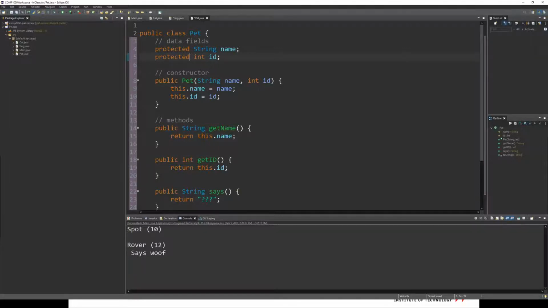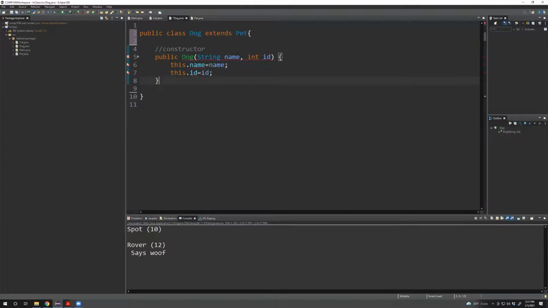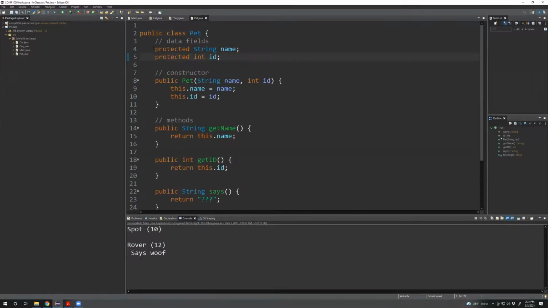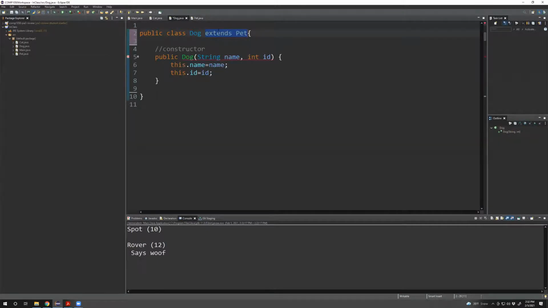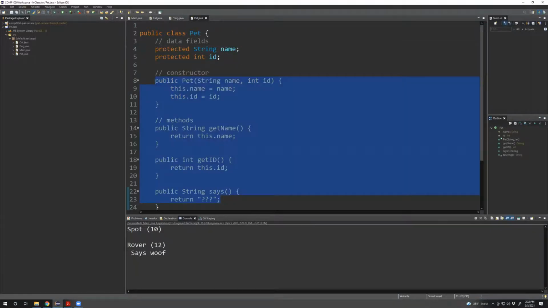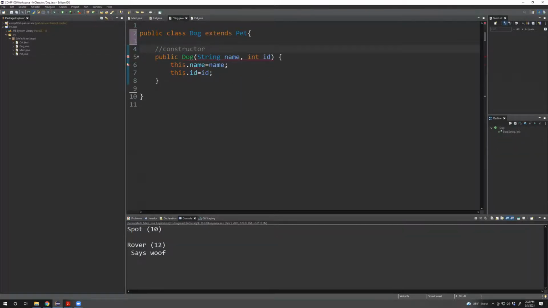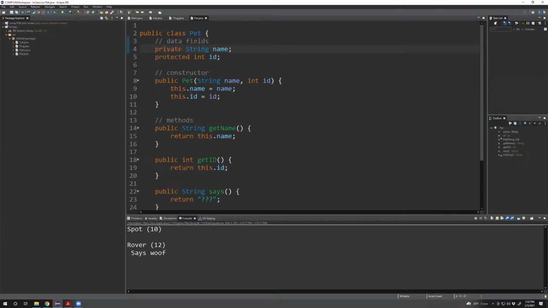Protected means you cannot access it from outside of this class unless you inherit from this class, unless you extend pet. So dog has access to the protected and the public things in pet because dog extends pet. If I had the private here, I'm going to change name back to private. If we look in dog, name gets an error. I hover over name, it says the field pet.name is not visible. So if name is private, the subclass or the child class can't access it. So that's why we want to make it